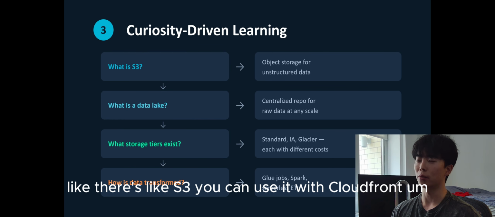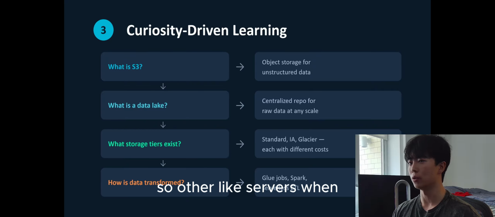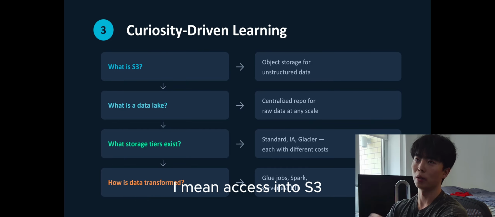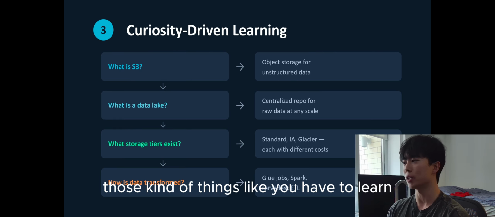Like, there's S3, and you can use it with CloudFront. CloudFront is another service which does caching, so when users all around the world access S3, they can use a nearby server. You have to learn it.